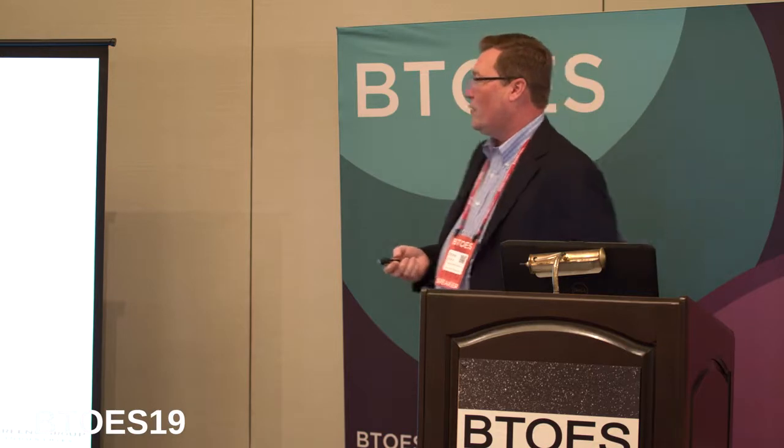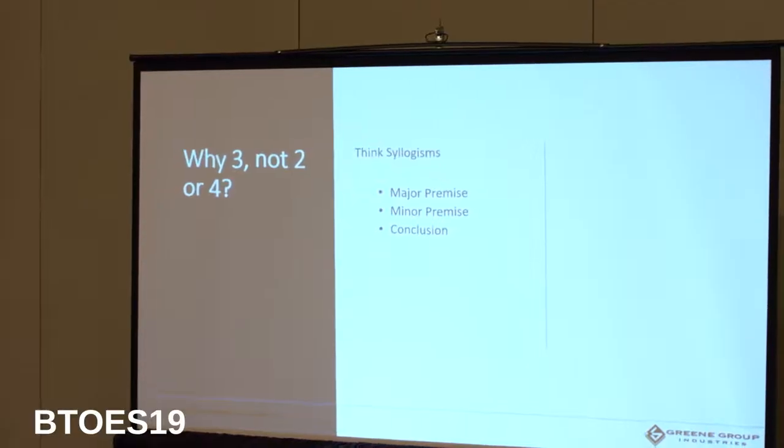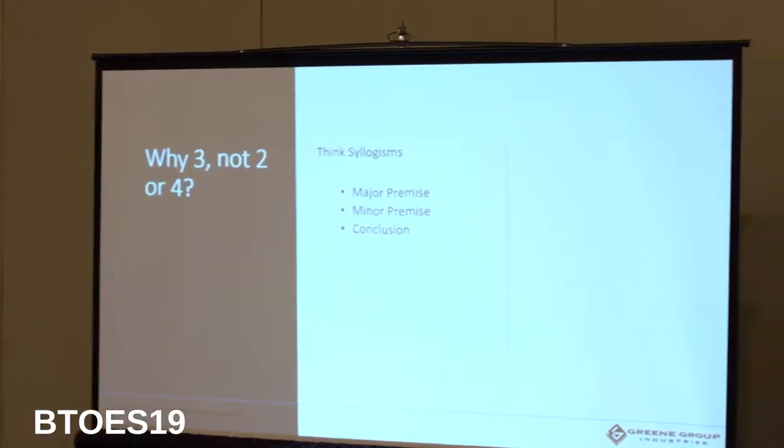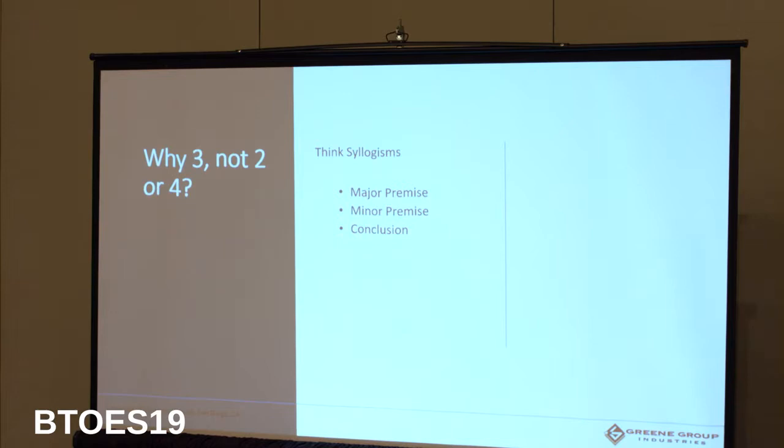So why 3, not 2 or 4? This really is why 3, not less than 3 or more than 3, when you're talking about picking these next 3 fundamentals you're going to pick around your strategy. And if there's a logic to it, if you think syllogisms, you remember studying syllogisms, you had a major premise, minor premise, conclusion. An example would be, all people are good, Aristotle's a person, Aristotle's good. And if you think of a major premise as a fundamental, the minor premise as a decision path you're considering, or someone in your organization is considering, and the conclusion about whether or not that decision would be good or bad based on being